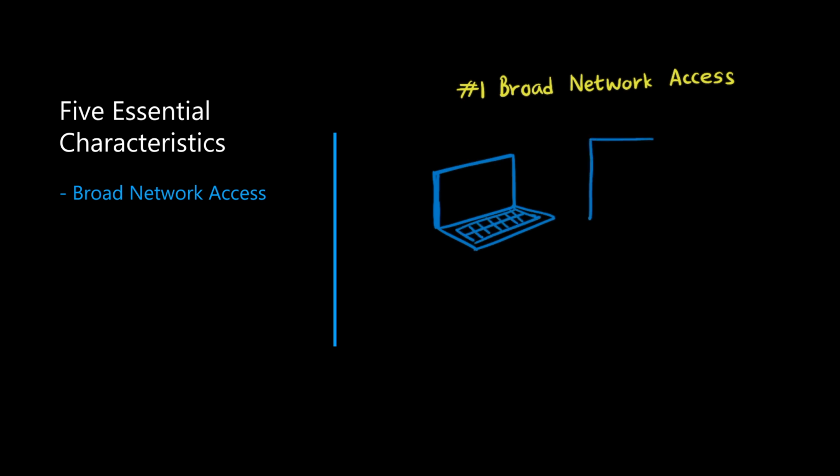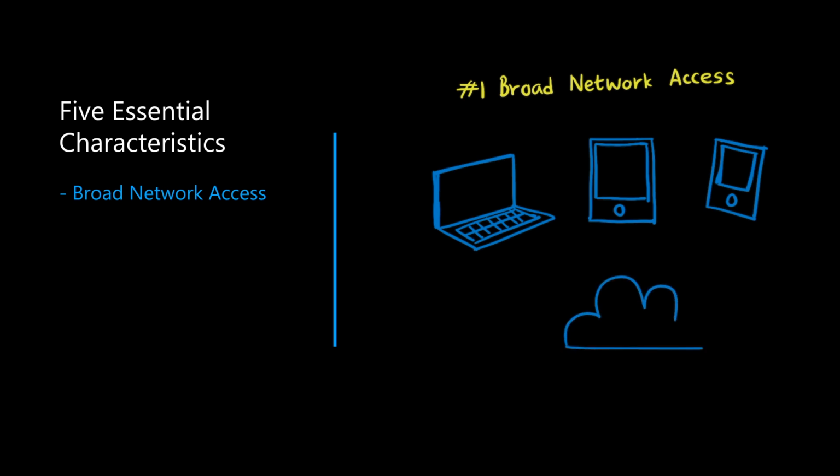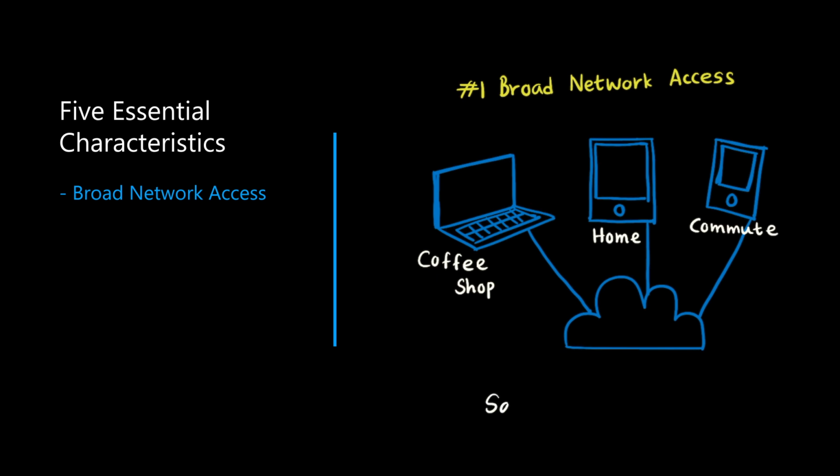Imagine you're working from a coffee shop in Bangkok, using your laptop to access your company's cloud-based customer relationship management system. Later that day, you switch to your tablet at home, and the next morning you're using your smartphone during your commute. The beauty of broad network access is that regardless of your device, operating system, or location, you can seamlessly access the same services through standard web browsers or applications. This is achieved through sophisticated technologies like advanced routing techniques, load balancers, and multi-site hosting that work behind the scenes